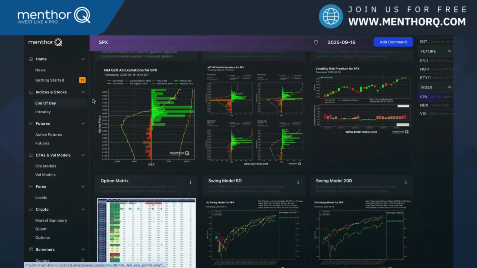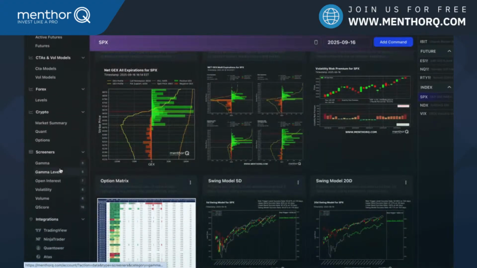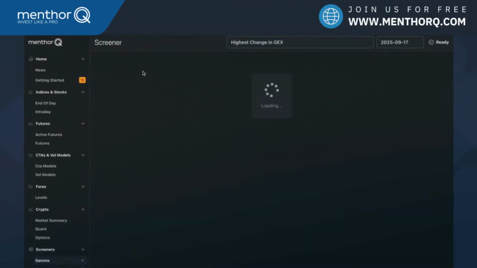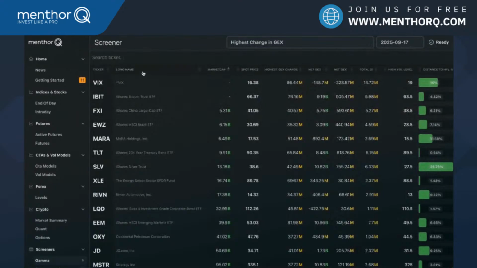Then we can also look at this in more of a screening format. If you click on our screeners, this is something that I always do in the morning. I click on our gamma screeners and I come here and look at the highest change in GEX. This tells me the positive increase in gamma on different assets. What's very interesting today, we've seen quite a big increase of positive gamma exposure on VIX, IBAT,